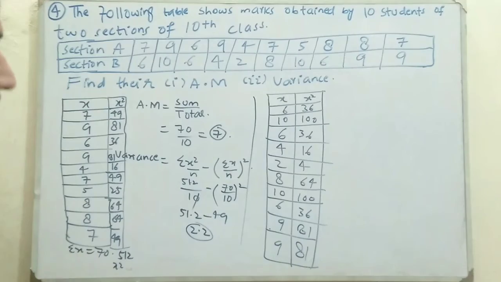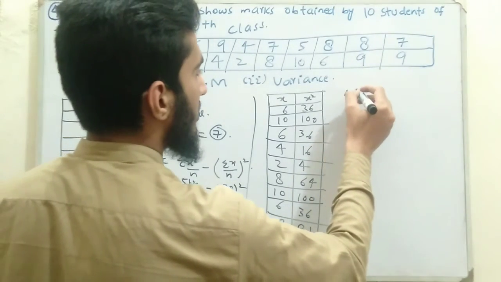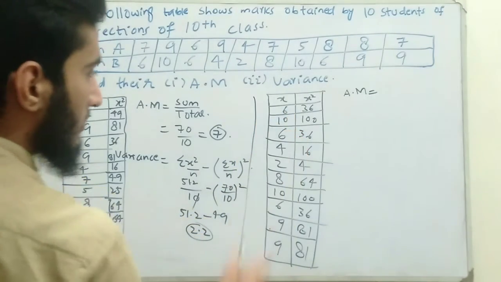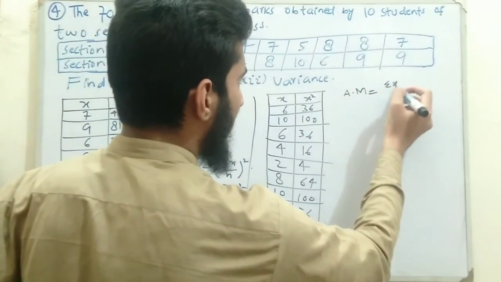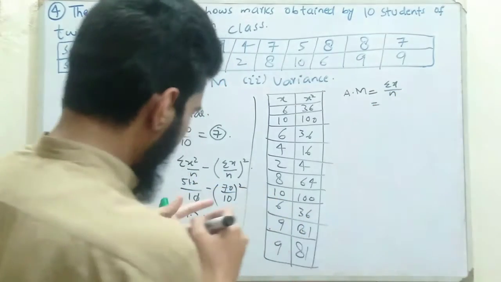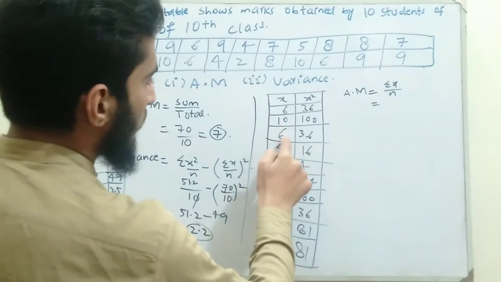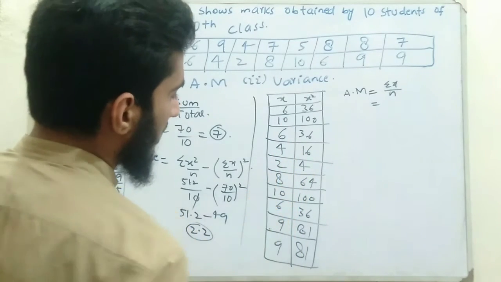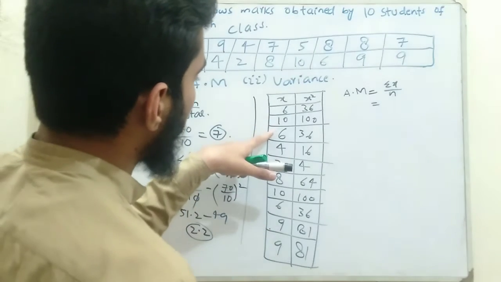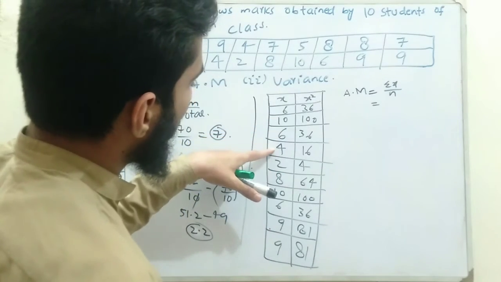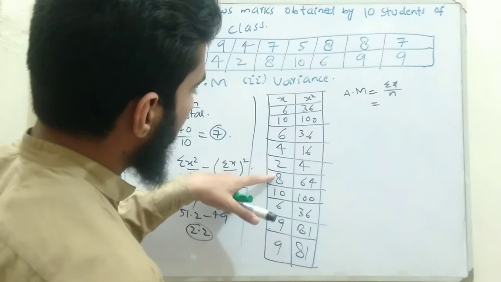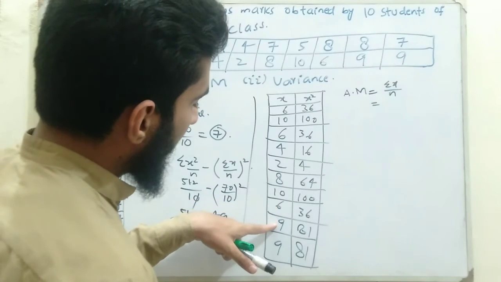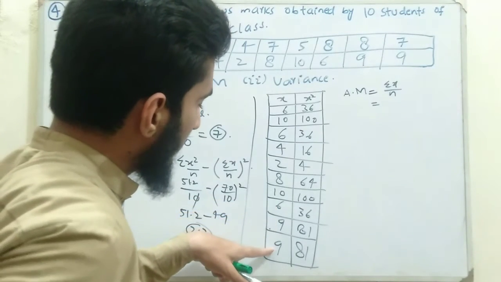So now we are going to find the arithmetic mean for this case. The arithmetic mean is equal to the sum of all the x values, so here we write the formula: summation of x divided by n. Summation of x will be 6 plus 10, 16... 6 plus 6 is 12, and 12 plus 10 gives us 22, and 22 plus 4 is 26, and 2 is 28, plus 8 gives us 36, plus 10 gives us 46, and 6 is 52, and 9 gives us 61, and 61 plus 9 gives us